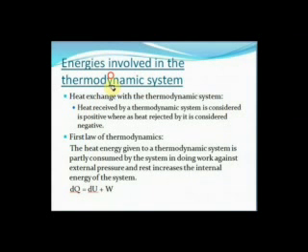So suppose we have a thermodynamic system that is a gas chamber which has a piston, and inside this chamber we have some gas. Now suppose we provide some heat to the system. This heat is dq. So suppose dq heat is provided to the system,